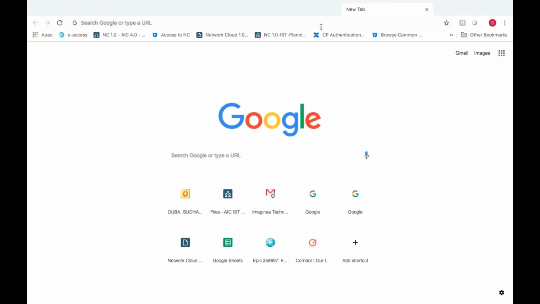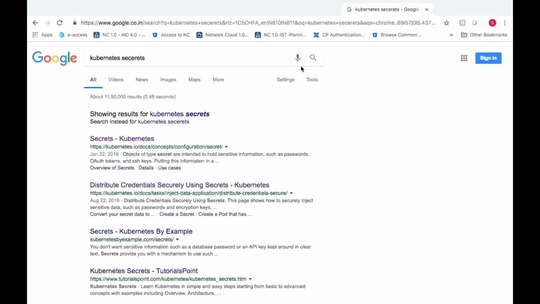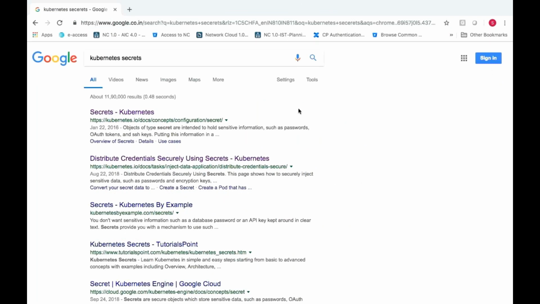What kind of encryption will it use in order to create secrets? That is one question we need to get clarified. Every time you encrypt data, it will use certain algorithms in order to encrypt. For example, SHA 256, SHA 512, SHA 1024, AES, DES. These are the encryption algorithms which we use in order to convert your plain text into an encrypted format, so that your data will not be visible as a normal password. It will be encrypted, and while using it, it will decode automatically and use it.